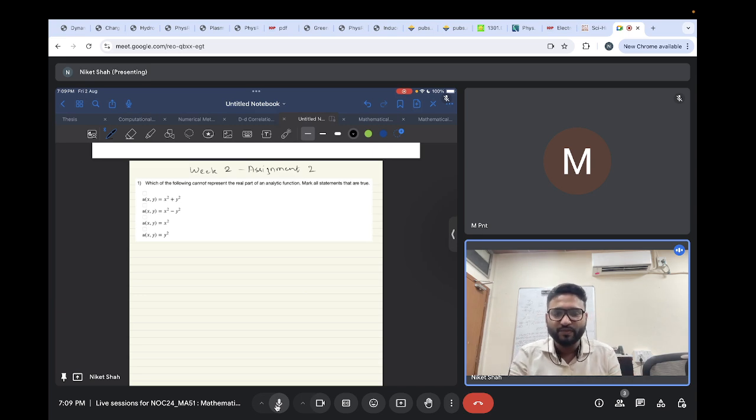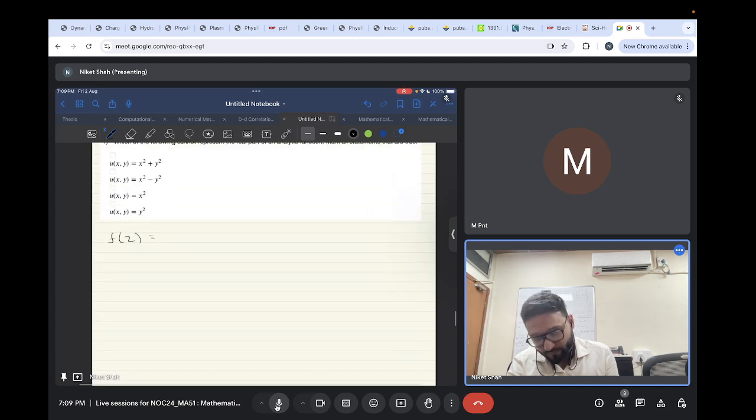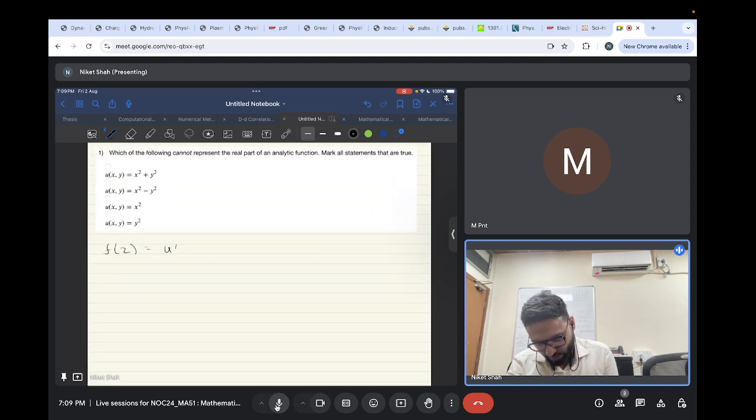So in the last week's lecture sets, we know that this can be done by checking whether the functions u and v both satisfy Laplace equation. That is what we know. So if f of z is equal to some u of x comma y plus i v of x comma y, if this is my complex function, then we know that both